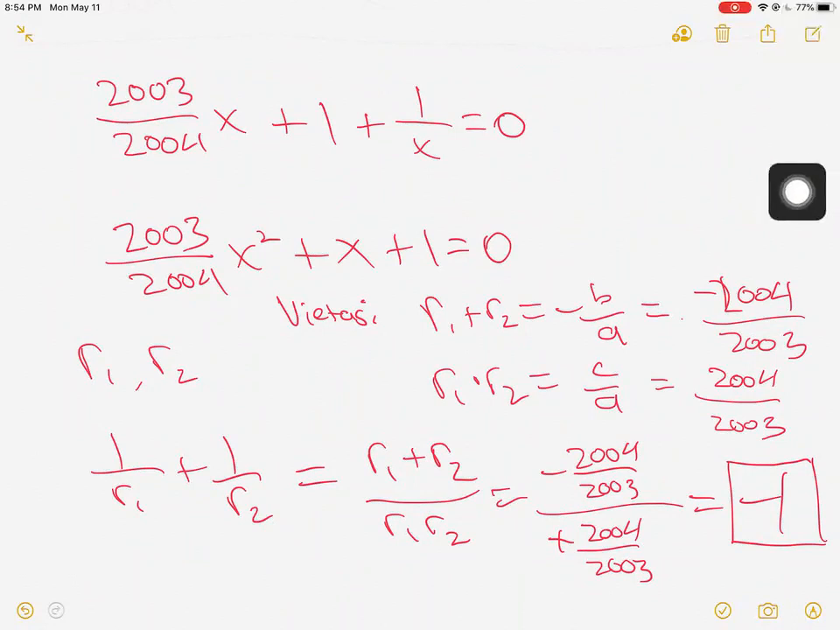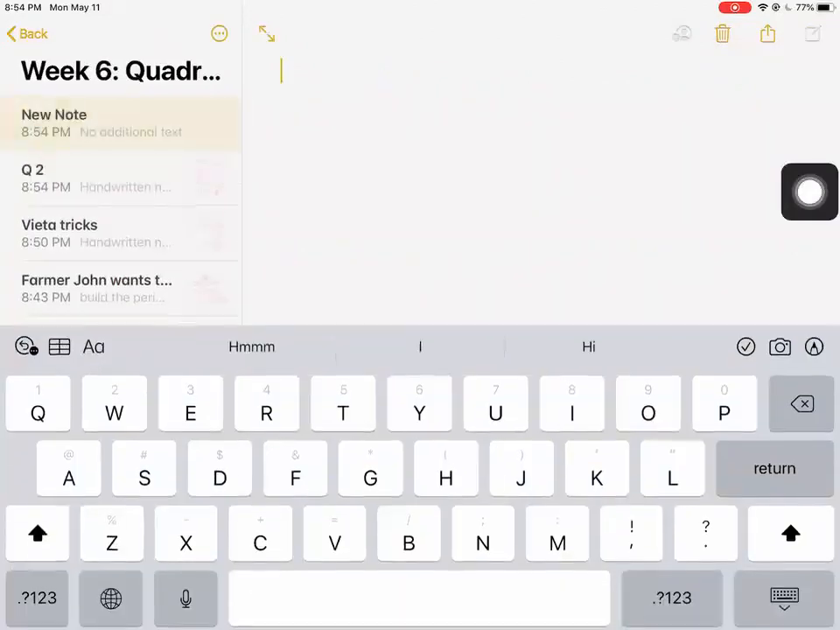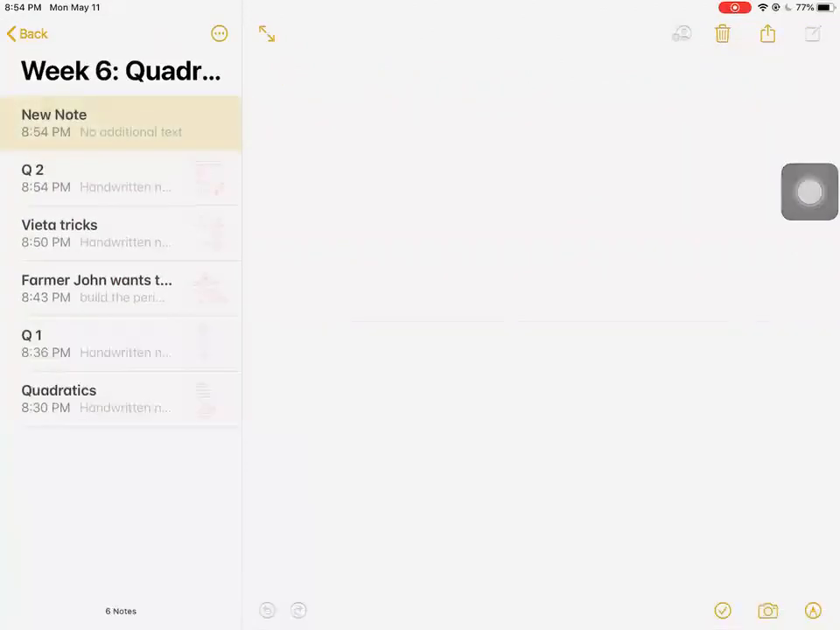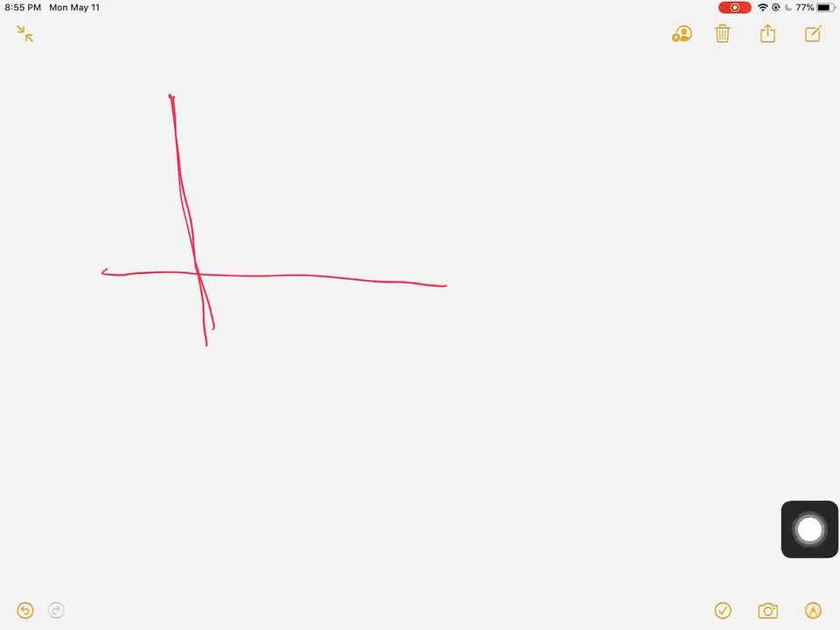Okay, so if not, I'll go over one final important thing to know about quadratics, which is the graph of a quadratic. You guys want to know the basic shape of what a quadratic looks like. So if we want to graph something like ax squared plus bx plus c,